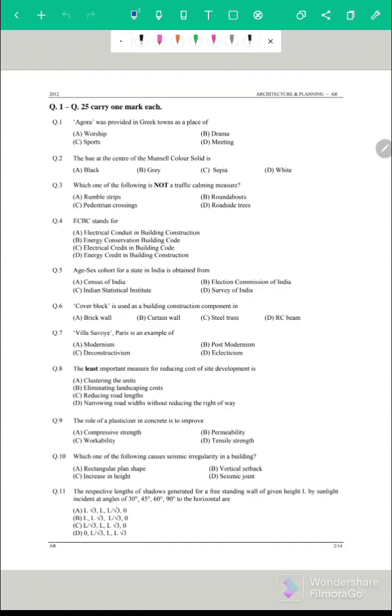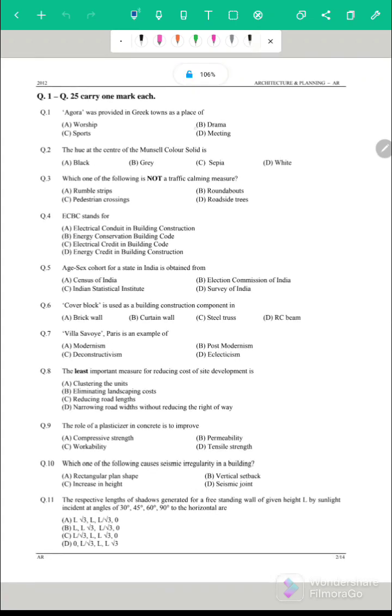Agora was provided in Greek town as a place of. So the correct answer of this question is option number D, a meeting place. So in every city and town of Greek, there is a place called Agora, which acts as a marketplace and a meeting place. So it was a large